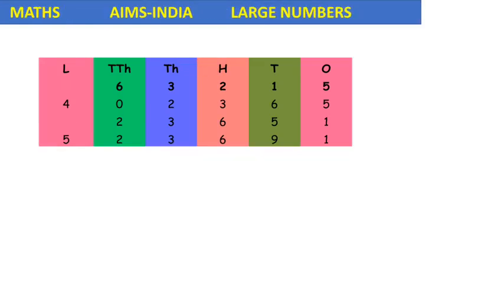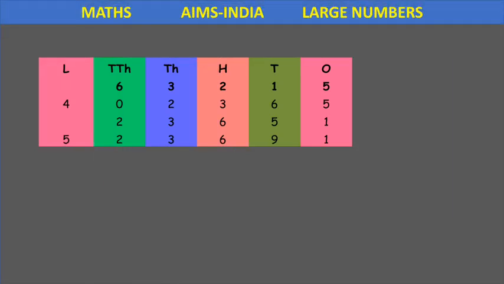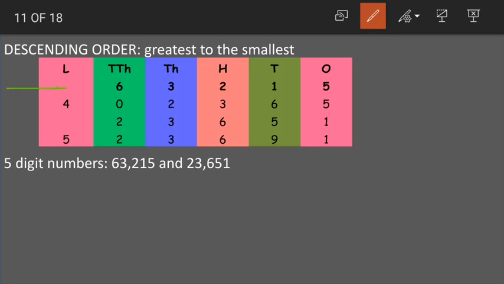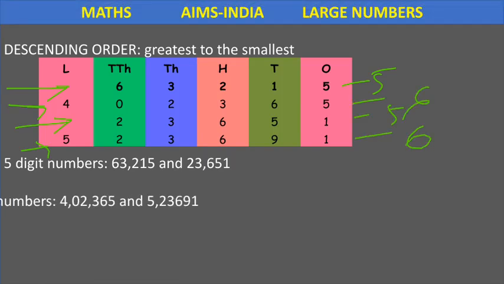Okay. Now the same numbers have to be arranged in descending order. Now what is descending order? I said D for descending, D for decreasing, or decreasing means from big to small, the greatest number to the smallest number. Again we have to group this into 5-digit and 6-digit numbers. We are having two 5-digit numbers and we are having two 6-digit numbers, right?